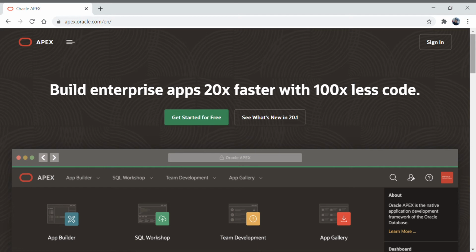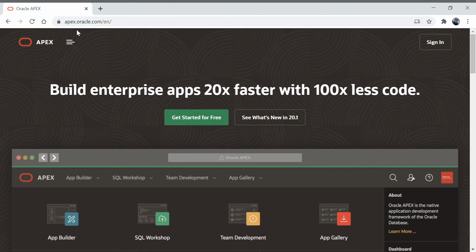Okay, we call it rapid web application development because we can develop the application in a very short span of time with good quality and good security and things like that. Okay, so let me tell you more about this. Before getting started with Oracle Apex, you have to go to apex.oracle.com. I'm going to use this environment actually.